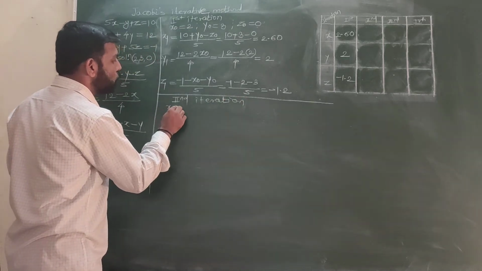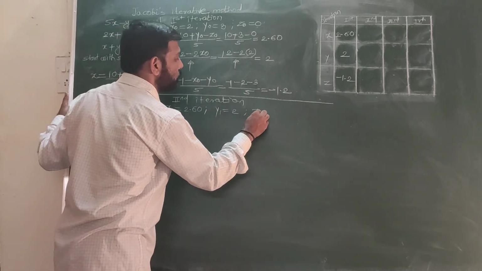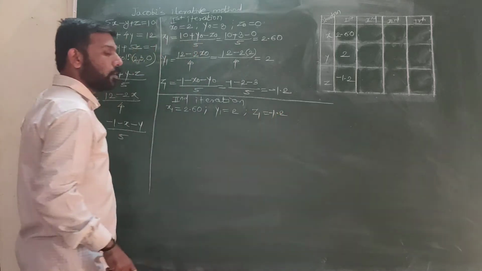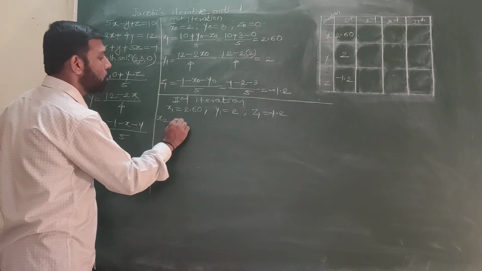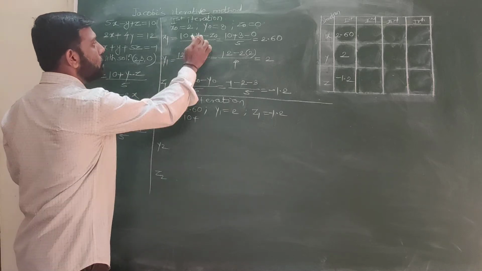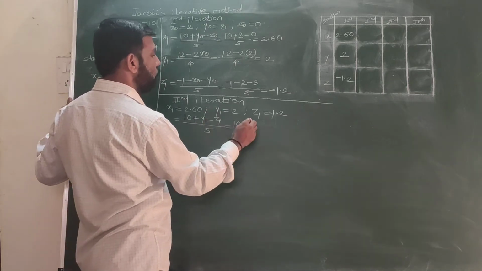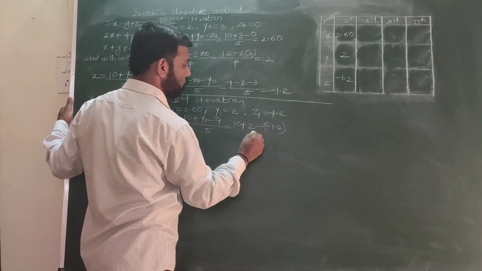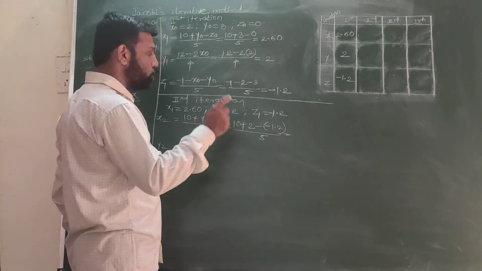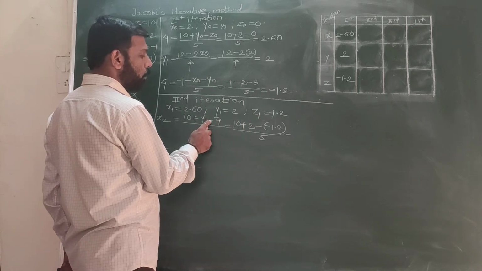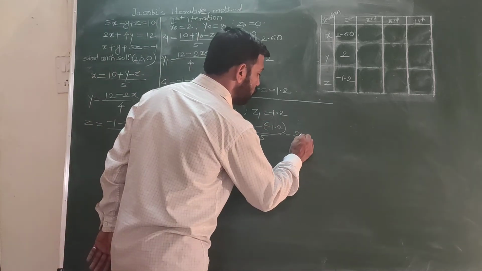In that, x1 becomes the first value. These values we fix for the complete next iteration of x2, y2 and z2. x2 equals (10 plus y1 minus z1) divided by 5. 10 plus y1 value 2, z1 value, in brackets. Later I will do these calculations directly, minus and minus become plus, but initially I write down the actual values. Now calculate. x2 becomes 2.64.